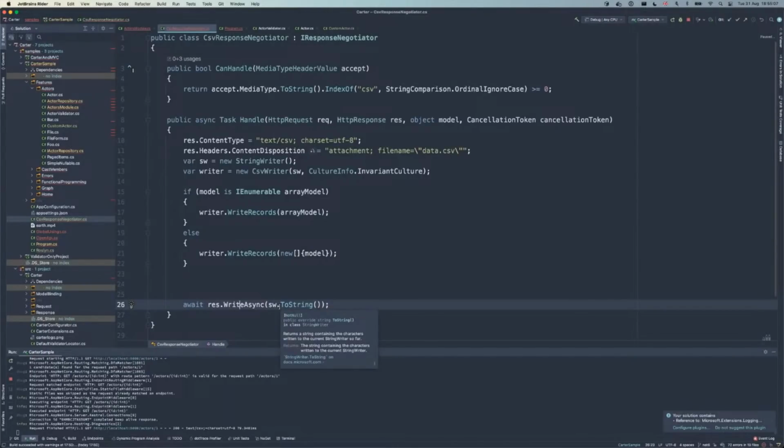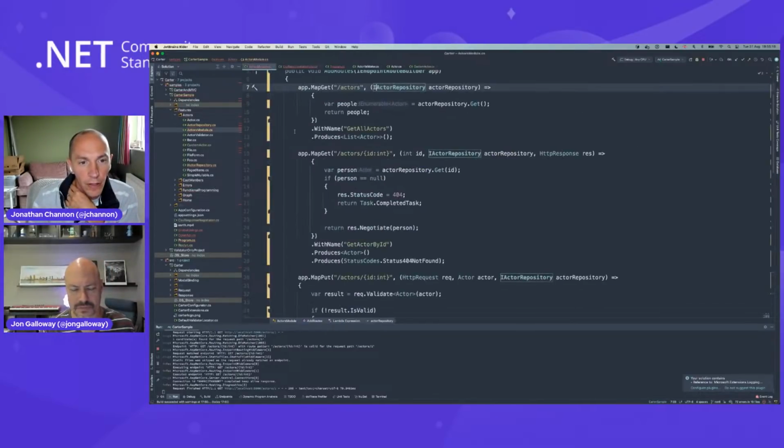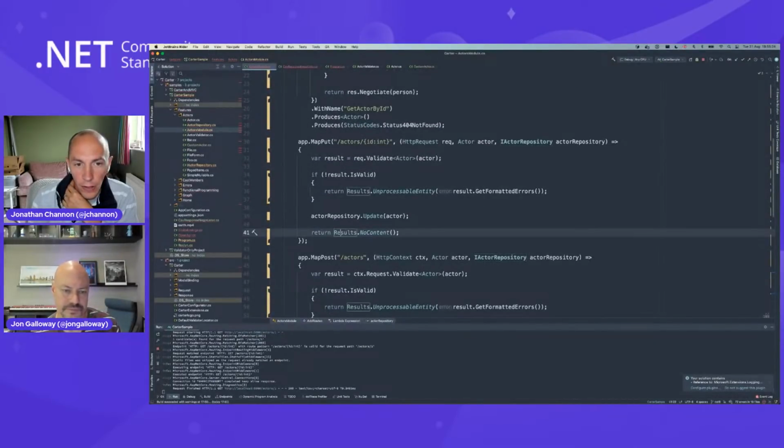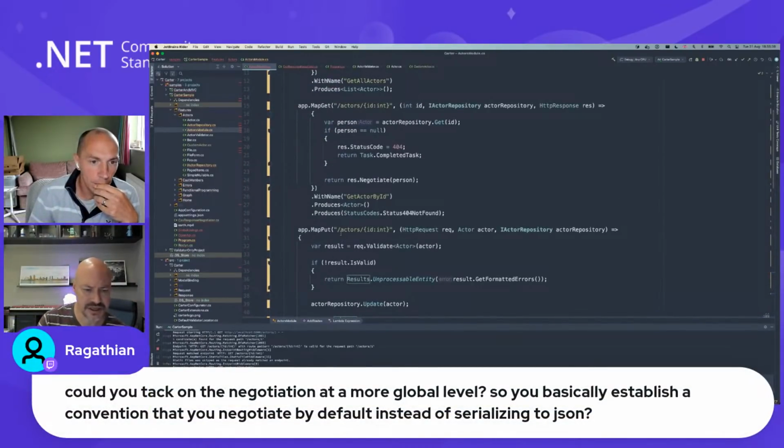And that is one feature that is not in minimal APIs at the moment. I think it will be coming. I think it's going to end up in the Results class, hopefully. Again, this is just from something David Fowler had said to me on Twitter. But for now, you can use Carter to do content negotiation. There's a question on that, whether that can be negotiated at a more global level.